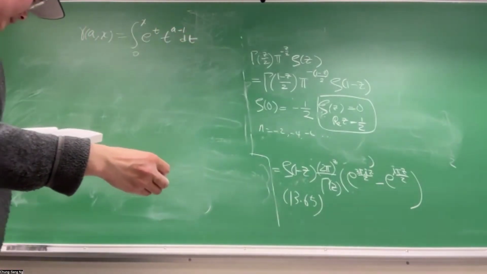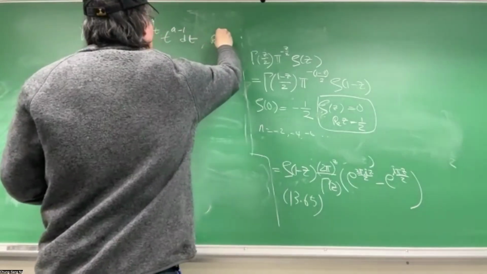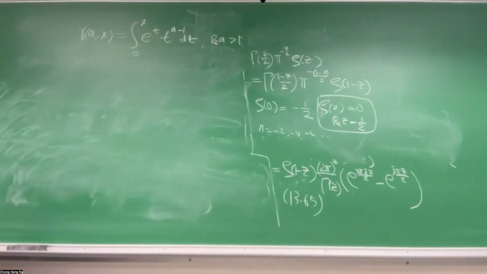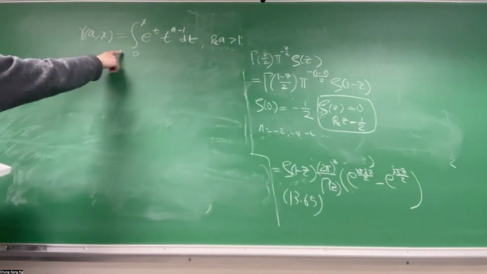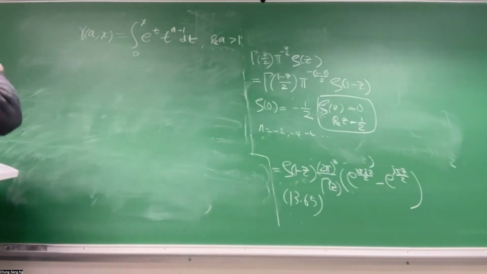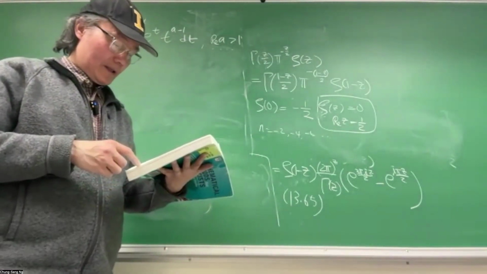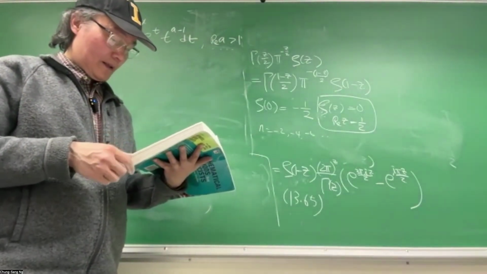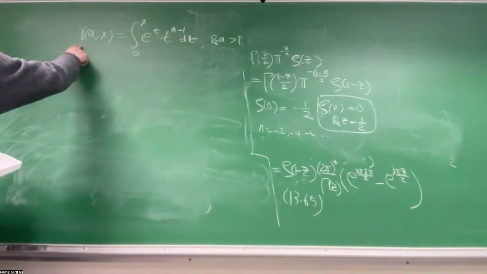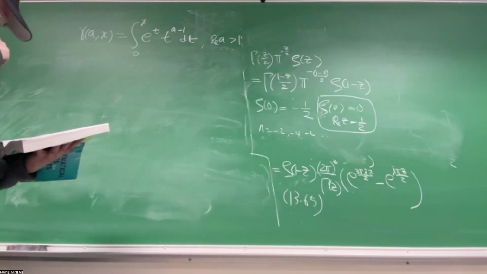And again, this integral representation has a limitation, a has to be positive to make it converge at t goes to 0, just like the gamma function. But you can extend it to the whole complex plane, right? And that is the incomplete gamma function. There's one kind of incomplete gamma function, and